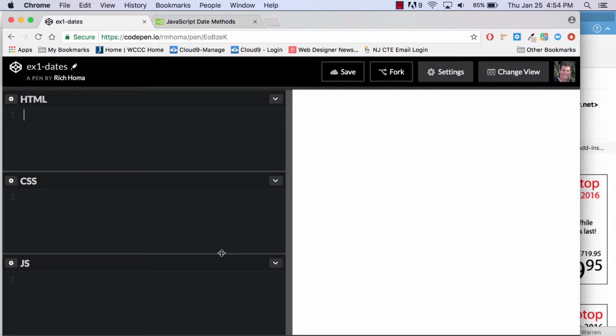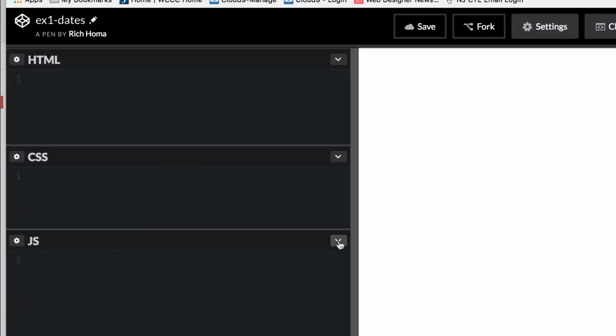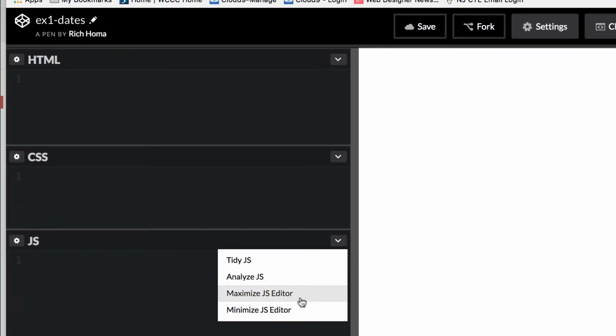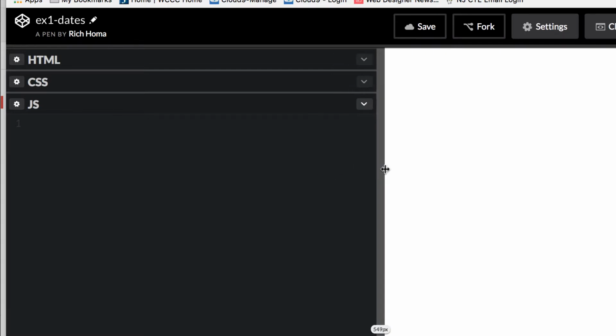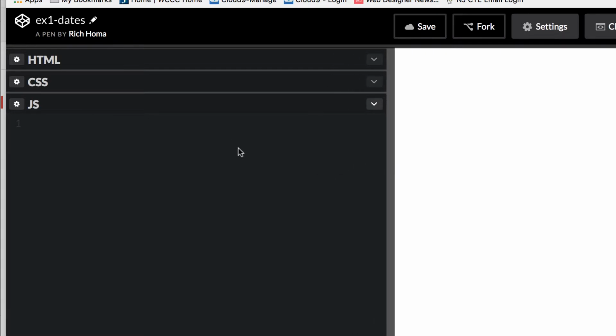And again, these things you could kind of move around. These things you can maximize and minimize. So if you're doing all JavaScript, you can maximize and it'll kind of collapse those for now. You'll still see them. So you can work in this way. I think I'm going to start this way for now. And in JavaScript, we'll set up basically date methods to start, and then we'll also kind of display them in HTML,